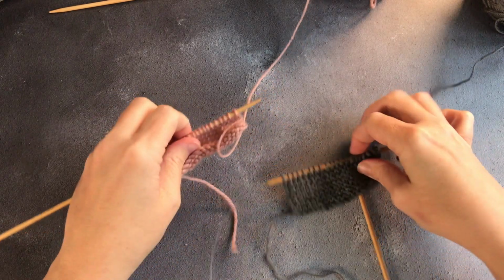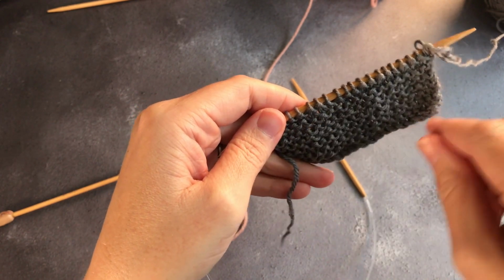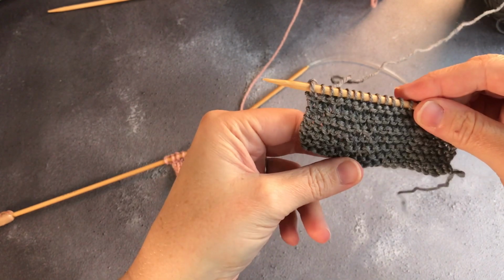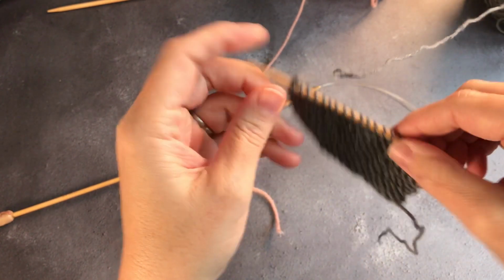Now that we have knit separate rows of knit stitches and purl stitches, we are now ready to combine them into rows of knit stitches, followed by a row of purl stitches, followed by a row of knit stitches. When you knit a set of knit stitches all together, as you'll see in the piece that I'm showing you here, it is called garter stitch, and it creates a fabric where you have bumps on both sides, because each